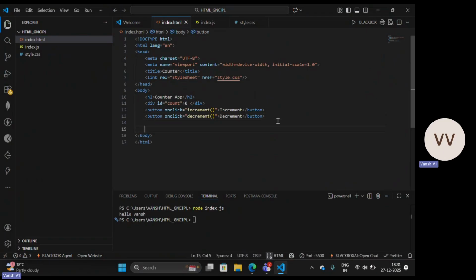How to add the JavaScript part? For that, you have to use the script keyword and give it the source. What is the file name? Index.js. That should be correct. Okay. And just close it. You are now good to go. So if we check it now, what we have done is, script we have given, source is